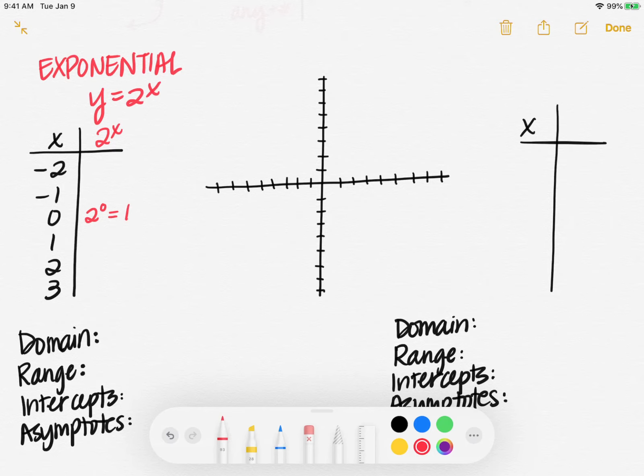So take a moment and create a table for this function. Fill in as many of these values as you can. Does anyone think they can tell me what 2 to the negative 1 or 2 to